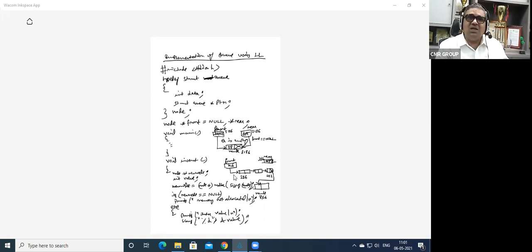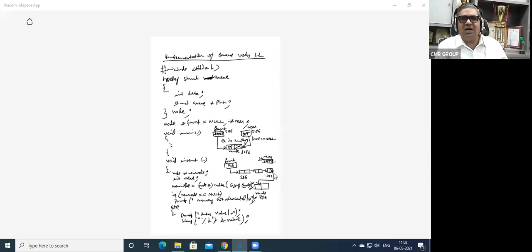Assuming that the queue is not empty, that means it has got nodes, either one node, two nodes, or three nodes, whatever. If the nodes are there, then the new node has to be added at the last, because in the queue implementation the node is always added at last, right? It is not an in-between node. It is to be added at last.